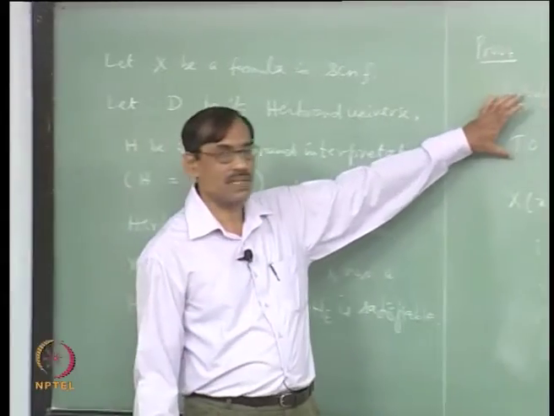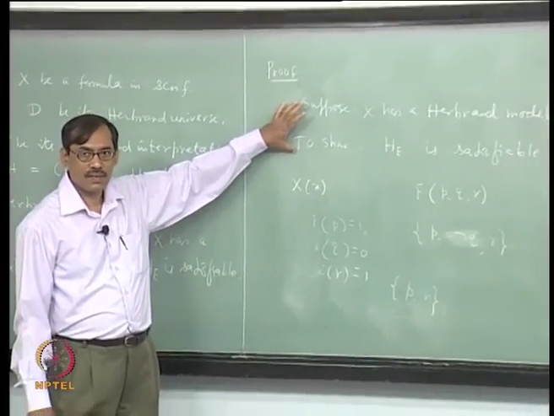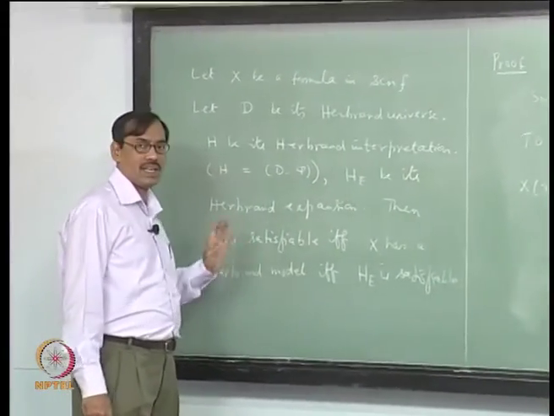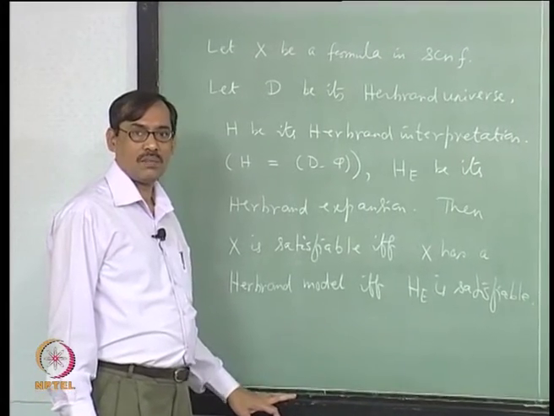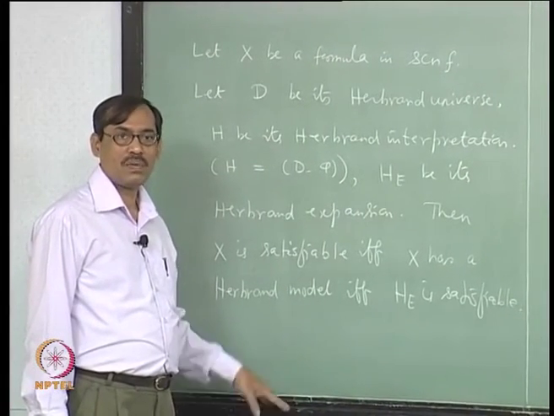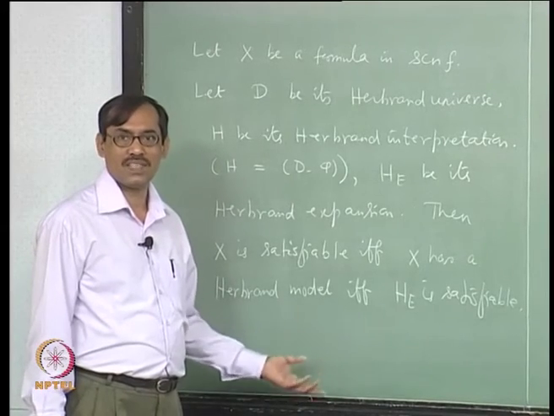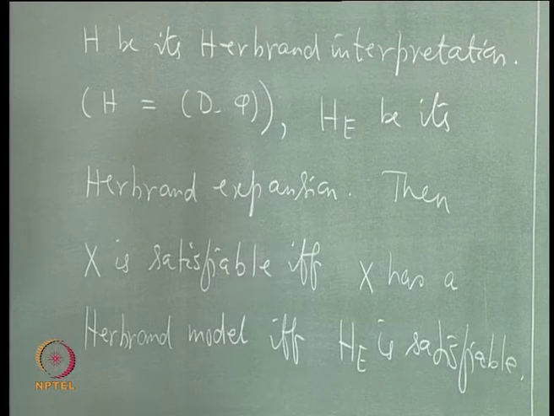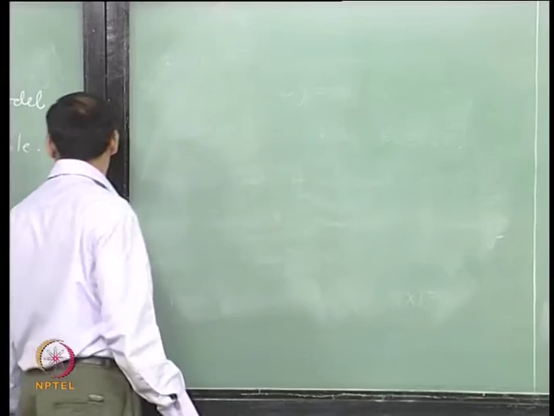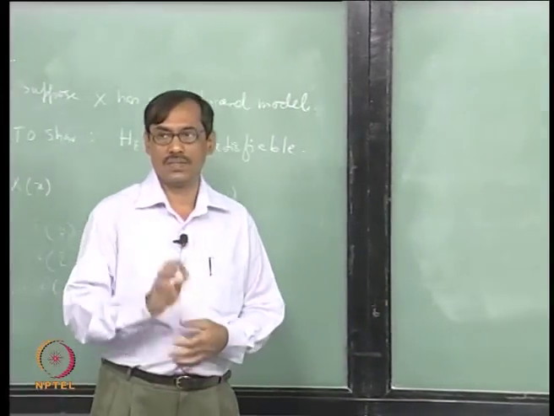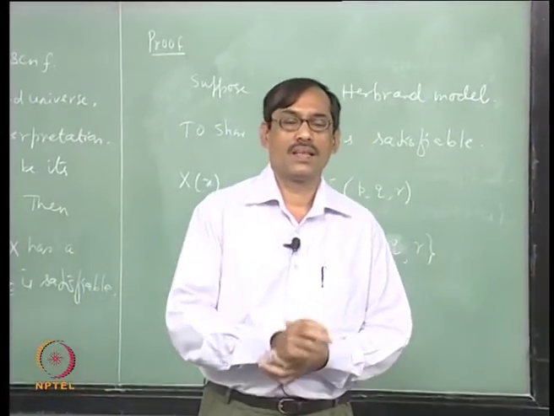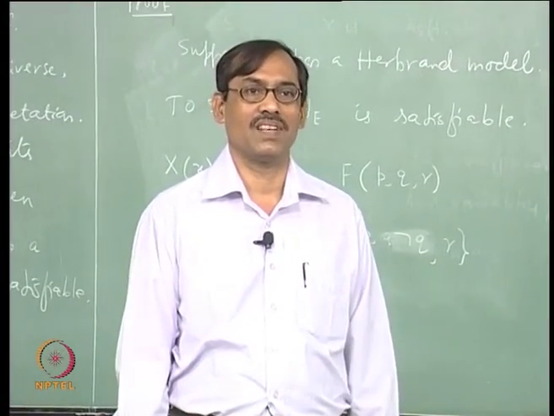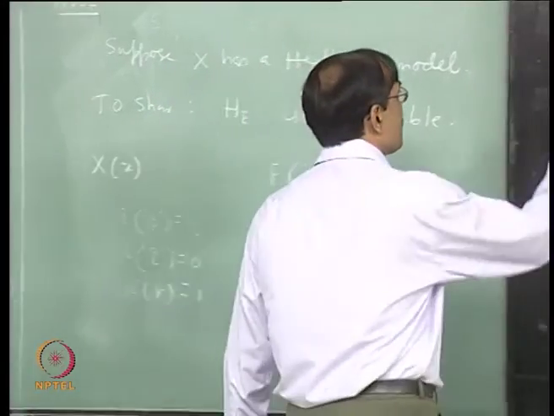Well, this statement is if and only if. From HE also you can go back. Now you have to prove only if X has a Herbrand model, then X is satisfiable, but there is nothing to prove. If it has a Herbrand model, it has a model, so it is satisfiable. So that was the only crucial step, the first one implies the second. There is one hitch in this: HE is almost propositional, satisfiability of HE is almost propositional. Let us see why I am saying almost.